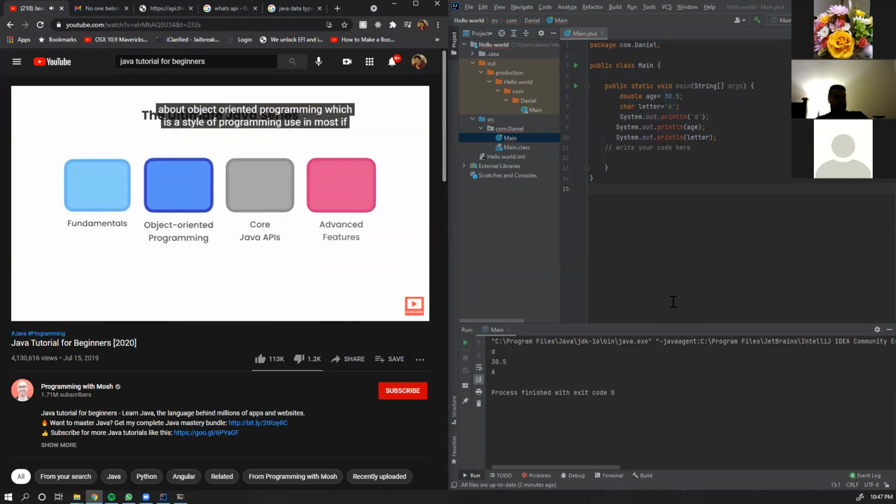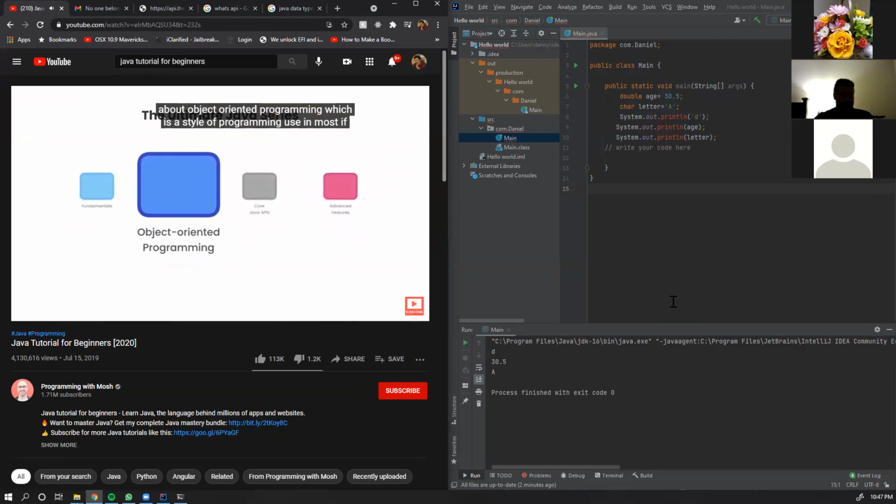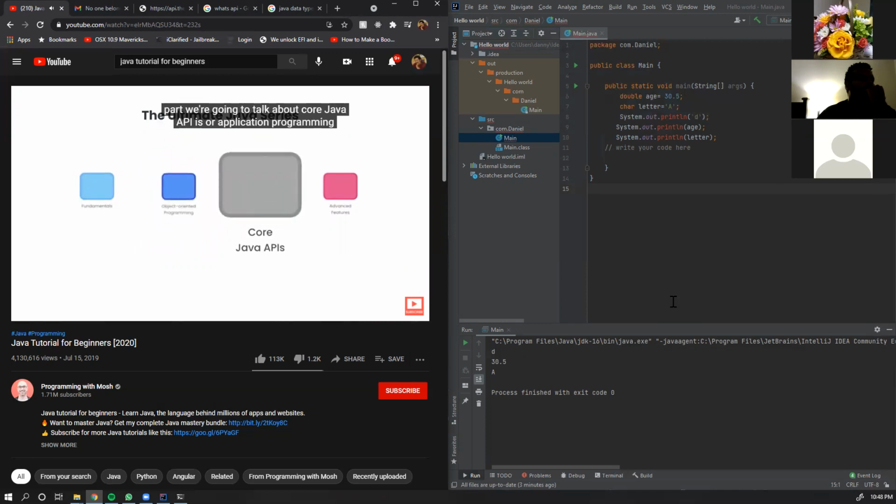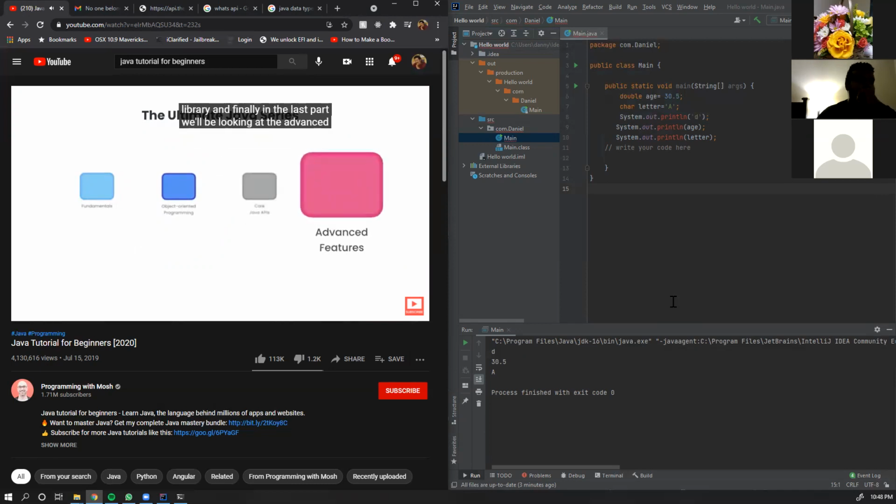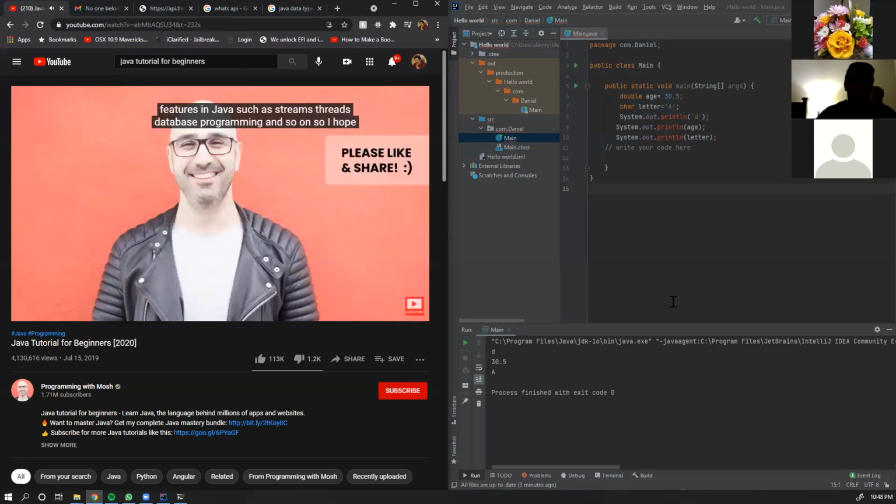In the second part, we'll talk about object-oriented programming, which is a style of programming used in most, if not all, Java applications. Whether you want to use Java to build web, mobile, or desktop applications, you need to understand object-oriented programming well, because otherwise you're going to constantly hit obstacles. In the third part, we're going to talk about core Java APIs or application programming interfaces. You'll learn about many of the useful classes in the standard Java library. And finally, in the last part, we'll be looking at the advanced features in Java, such as streams, threads, database programming, and so on. So I hope you're going to join me on this journey and master Java, the most